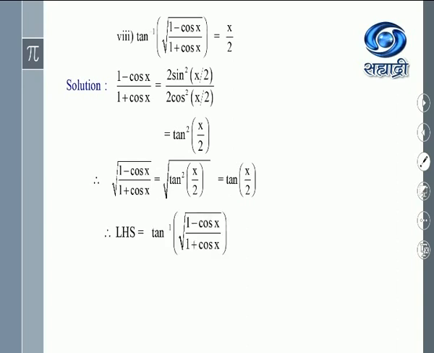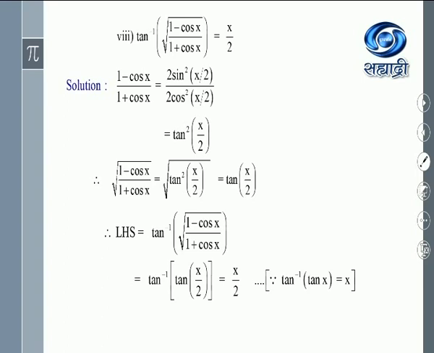Okay, so LHS is equal to tan inverse of root of 1 minus cos x upon 1 plus cos x, which is nothing but tan inverse of, see this, we replace by tan x by 2. But as I told you, the property is what? Tan inverse of tan x is always x. This we have learned. Remember, we have all the properties without proof. Proofs are deleted from the syllabus for this academic year. So you remember only the properties. So with the property, we can write this is equal to x upon 2. Thus LHS is equal to RHS.